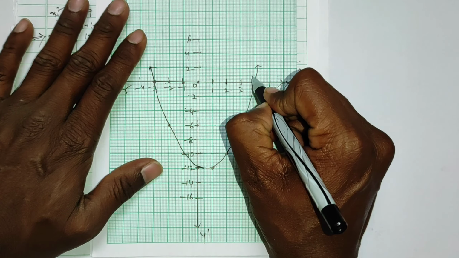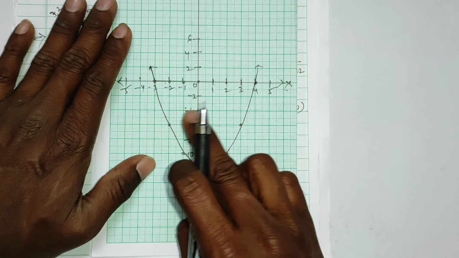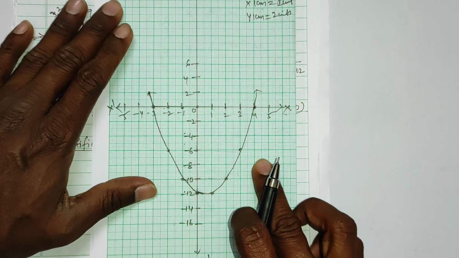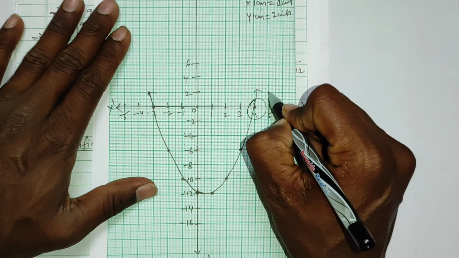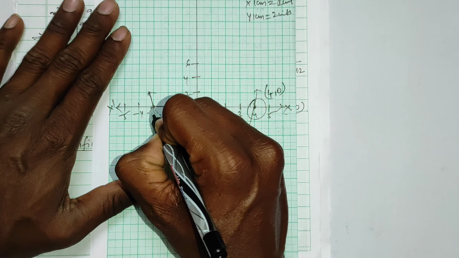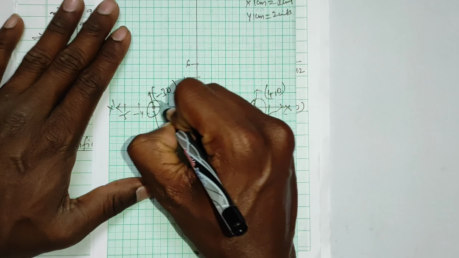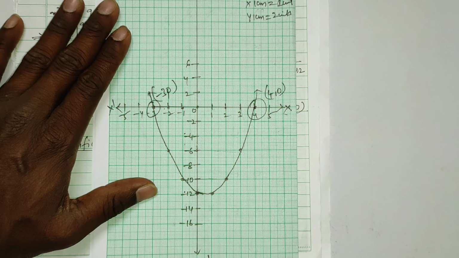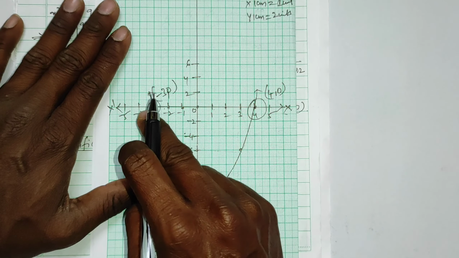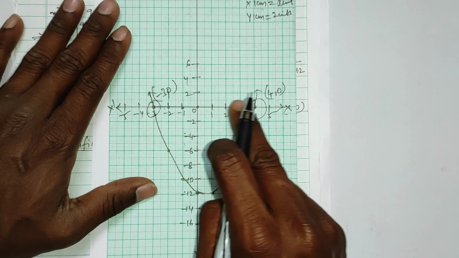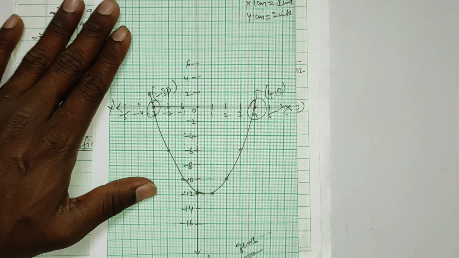Okay, so what we got, if you observe here, this graph is nothing but a parabola intersecting the x-axis at two distinct points. Those are 4 comma 0 and minus 3 comma 0. That means these are the zeros of the polynomial. In the question he mentioned find the zeros. So we got the zeros as 4 comma 0 and minus 3 comma 0. That indicates 4 and minus 3 are the zeros of the given polynomial.